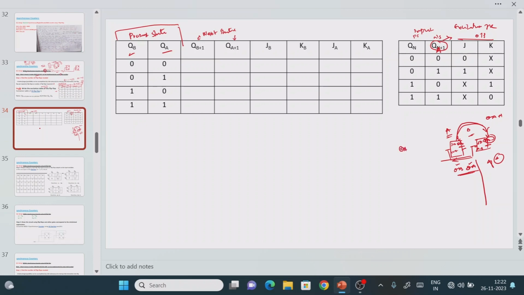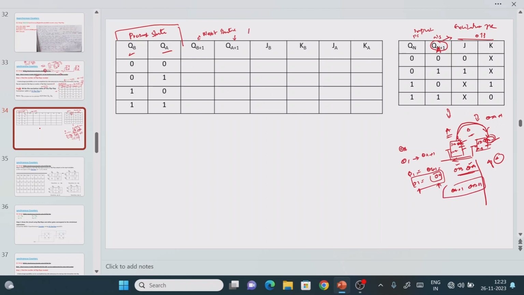If you still don't understand, QA means, let's say you are in the first class. Next time, once one year passes, you go to 1 plus 1, so you become the second class. This is the first class, this is your second class. This is what we call the present state, and this is what we call the next state operation. Now here two flip-flops means we have two states, one is output QA, QB, those are called the present state. For QA the next state is QA plus 1, for QB the next state is QB plus 1.